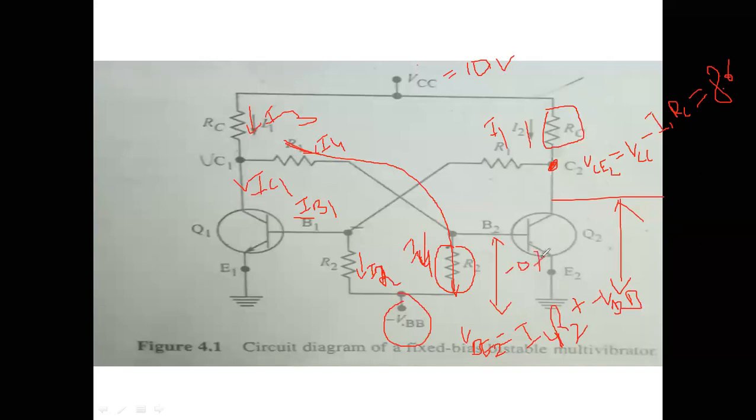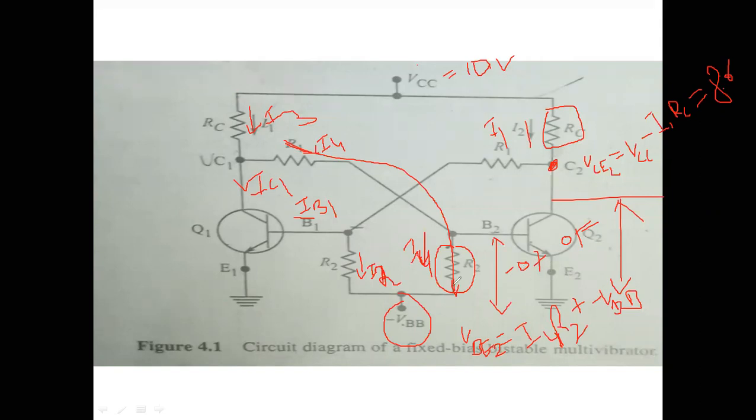I have said in previous sums also, while you are solving this voltage, if you get this voltage greater than 0.6, then definitely you can say that it is wrong, because this is an off transistor. Base to emitter voltage should be less than 0.6. Here we may get minus 0.7, which is less than 0.6. Therefore the answer is correct. You can fix this value as less than 0.6. It should not be greater than 0.6. If you get it greater than 0.6, then definitely you have made a mistake, because this is an off transistor.